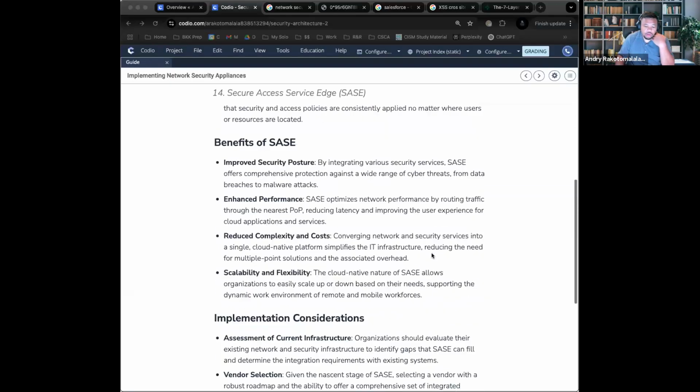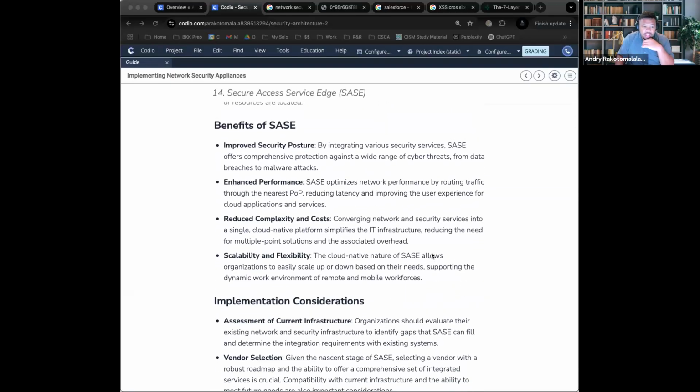So, what are the benefits? Why is this important? Well, I'll tell you one thing. When you have a SASE, you have essentially security everywhere. That means that it applies consistently across all your security policies, no matter where the users are. This is powerful because when you're remote, well, then there are some barriers for you as an organization, right? Whereas when you're using SASE, it essentially puts a barrier or security dome over everything.